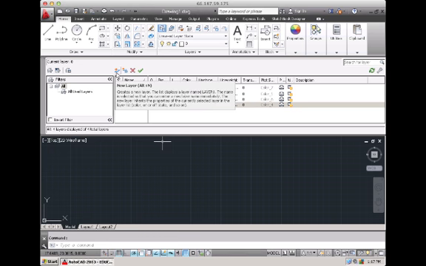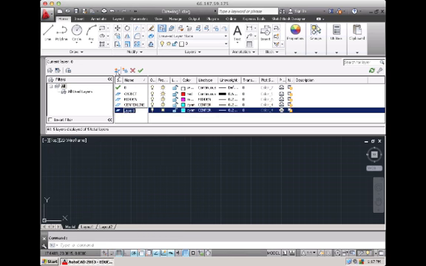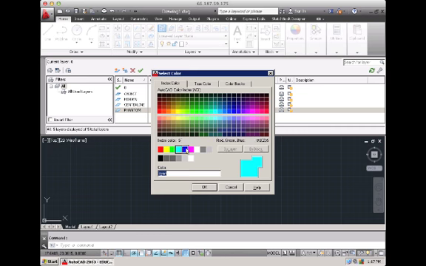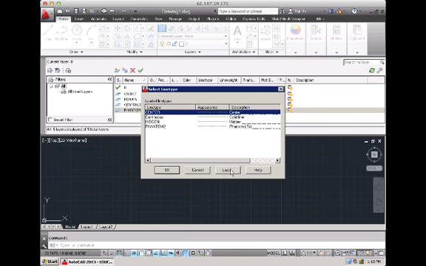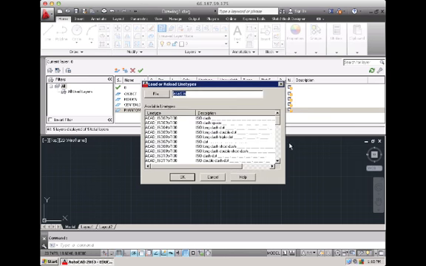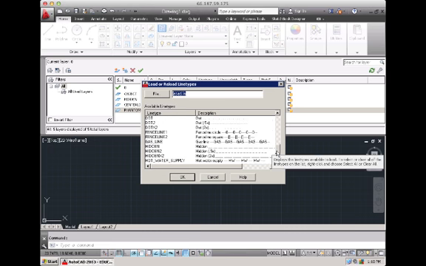0.25. It calls for a phantom line, so we're going to click for a new layer, rename this one to phantom. For the phantom line, the standard color would be blue. So we go to our color template, click blue, push OK. And we're going to look for the phantom line for the line type. So we click on center. We're going to go to load, scroll down to phantom. We want the first